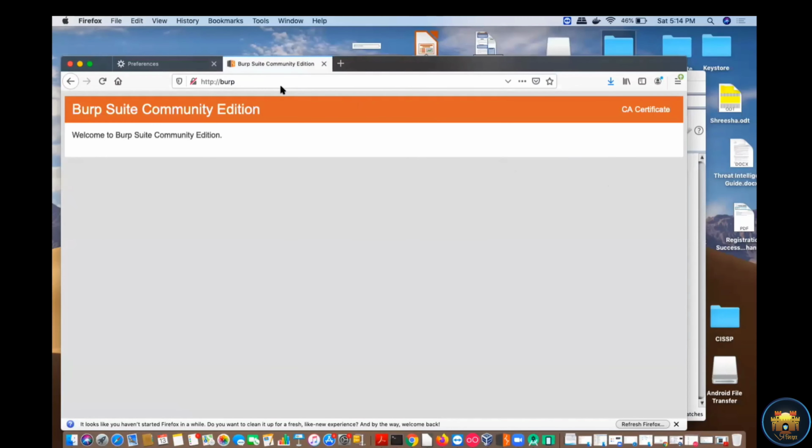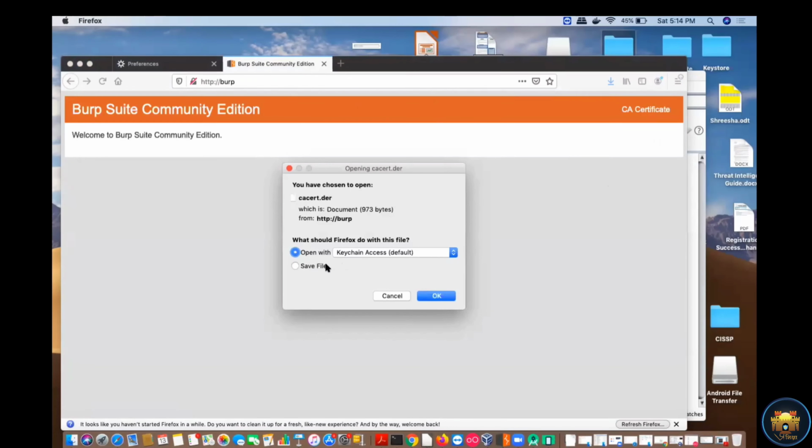See, if I click on http://burp, there is one link coming, right? CA certificate. You can just click on this CA certificate and then save this particular file in your local system.